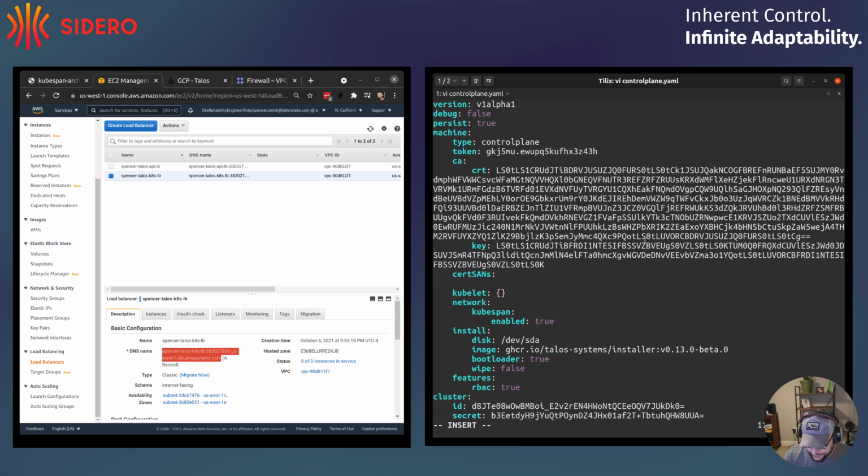So what I'm doing is I'm going to inject the API load balancer as an extra cert SAN for this machine. I'm doing that so that the cert knows about that DNS name, and it's in the cert SANs, and I can actually talk to it with talosctl. So we're adding that in there, and then as you can see, right here